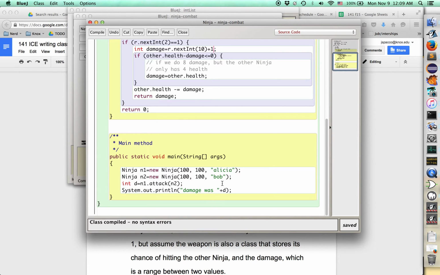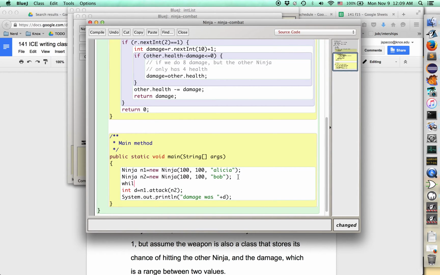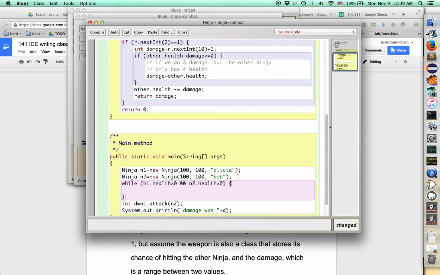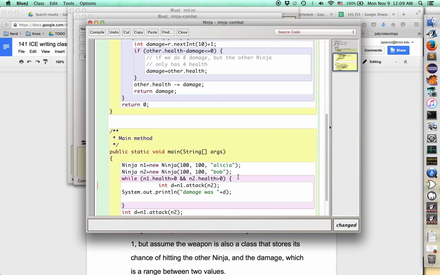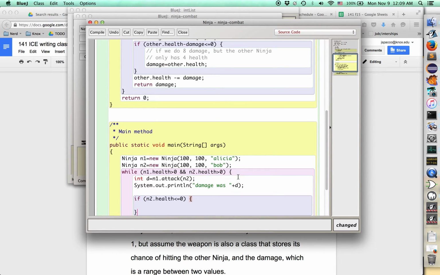So now maybe we could stick this in a loop. Let's do this: while n1.health is greater than 0 and n2.health is greater than 0, we'll have them attack each other. Well, that looks terrible. And then, how about this? Anytime n1 attacks n2, if n2's health somehow goes down to 0, we should say system.out.println